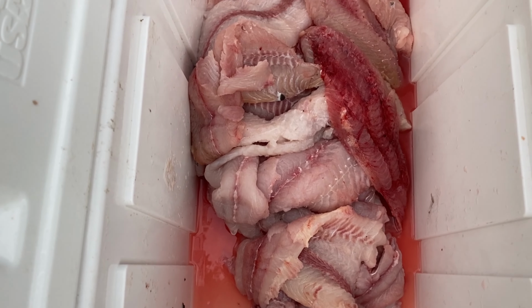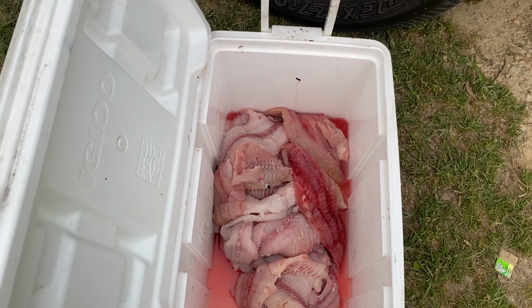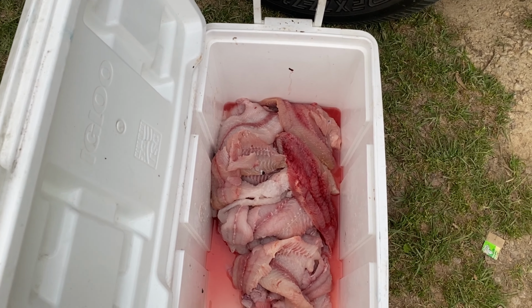Here go all the fillets, man. I think we only kept about 8 of them today. I was throwing them back, gave a few of them away, but